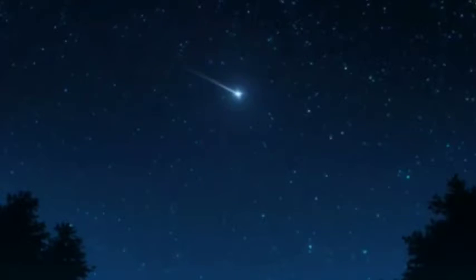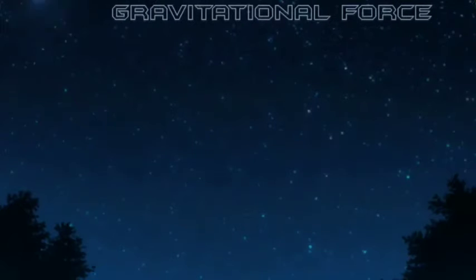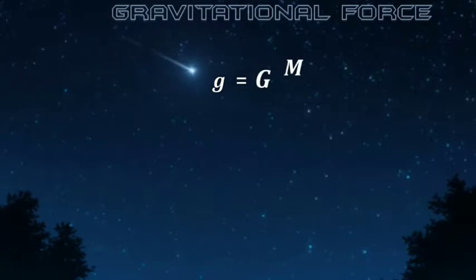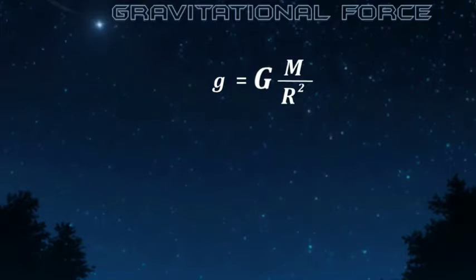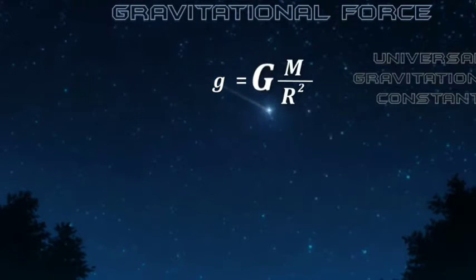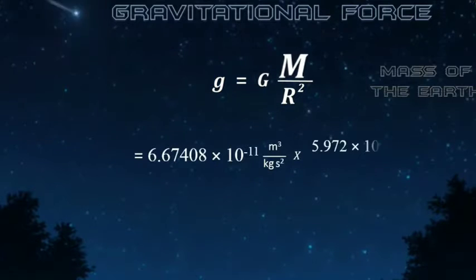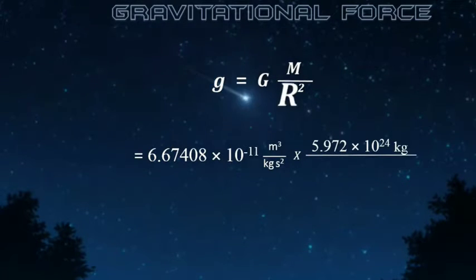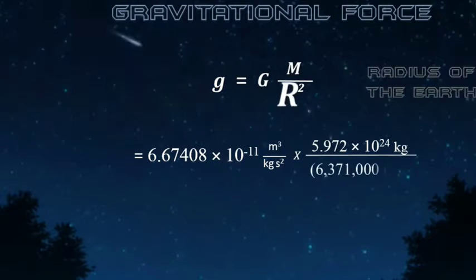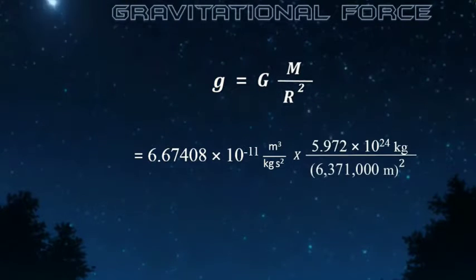This thing I already taught to you. Small g and the relation between small g and capital G I have also taught to you, that is g is equal to GM upon R square. Here M is the mass of the earth, R is the radius of the earth, and capital G is the universal gravitational constant. So we need to put in the values of these, and we can find out the value of small g on the surface of the earth.